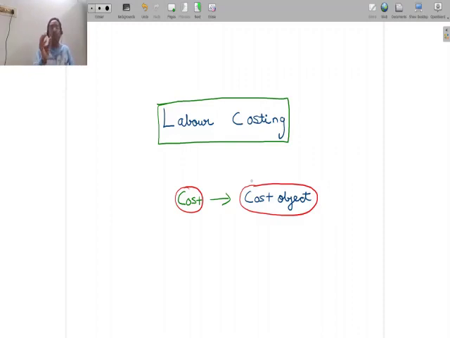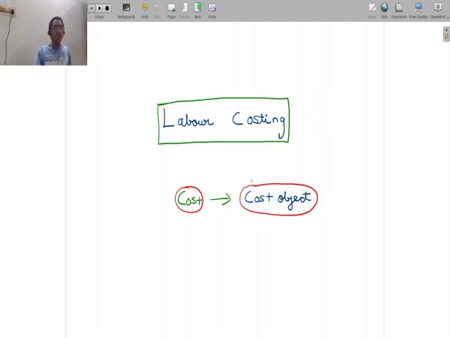So the objective of cost accounting is to find out the cost of a cost object. Now, when we look at this process of finding out the cost of a cost object, we understand that there are several types of costs. You don't have just one type of cost and say this is the cost for every unit of cost object. There are several types of cost, and when I say several types of cost, what I mean is costs of different natures. And this is why the subject of cost and management accounting also has several chapters, and each chapter focuses on one specific type of cost or a specific way in which the costing has to happen.